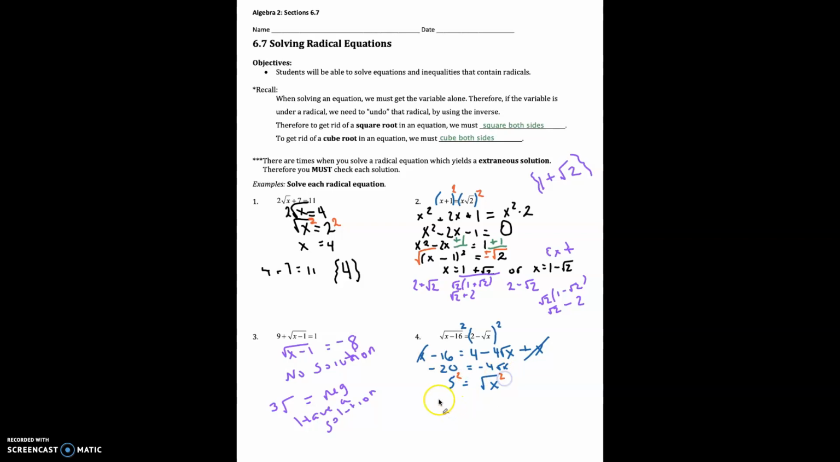And I get x is equal to 25. Let's do a quick check. 25 minus 16 is 9. Square root of 9 is 3. And then